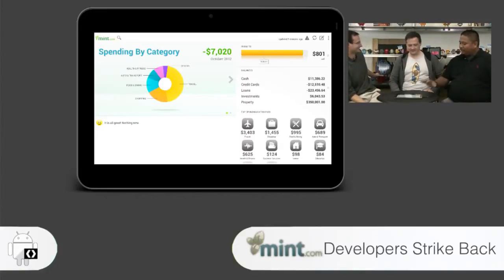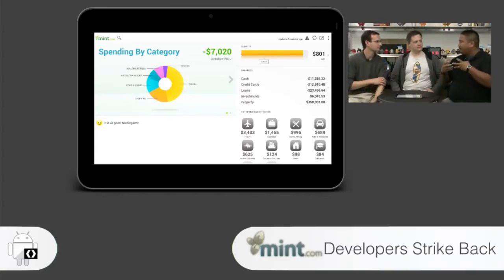And then we started to move down that route of empowering the user on the tablet to do things like editing budgets and doing split transactions, and just being able to do more in terms of really setting their financial foundation and looking back at their data and making sure it's jiving with what they think.